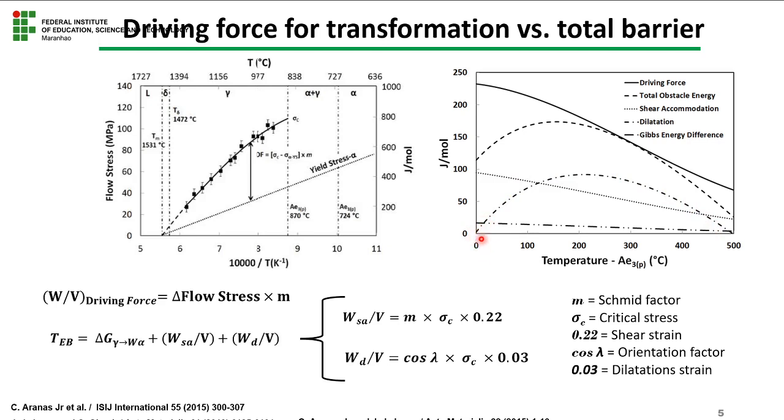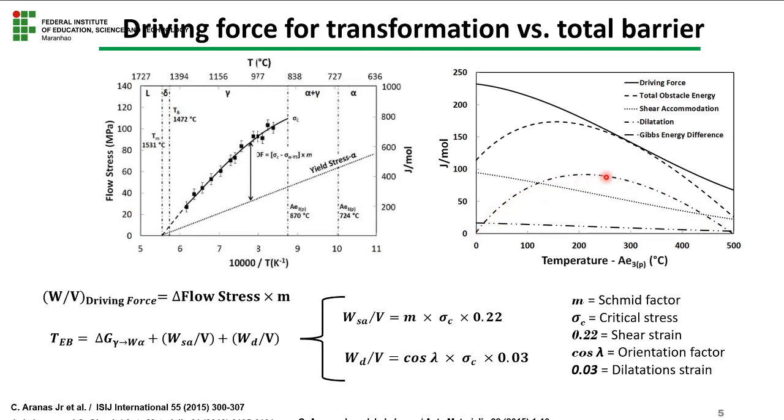So 0 here represents the temperature over the A3 line. It means that until 1500, it's above the A3 line. This one is a barrier. Under static situation, ferrite cannot be transformed from austenite because the Gibbs energy difference between those two phases is positive,